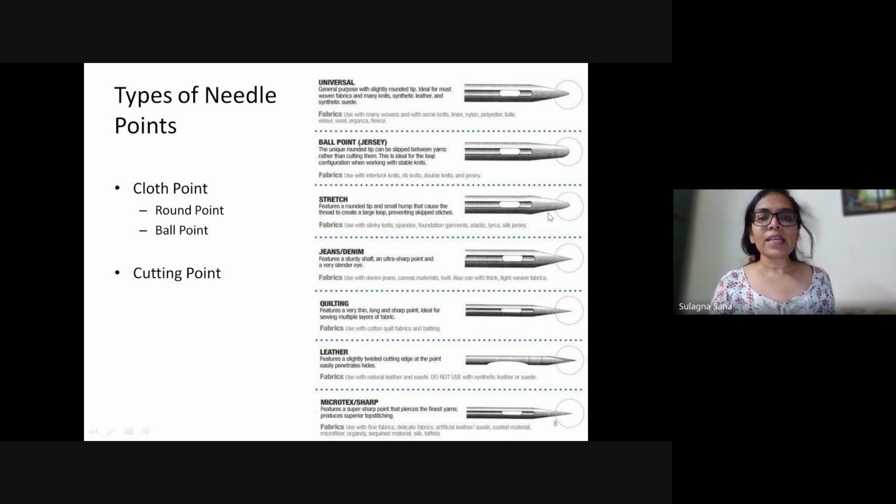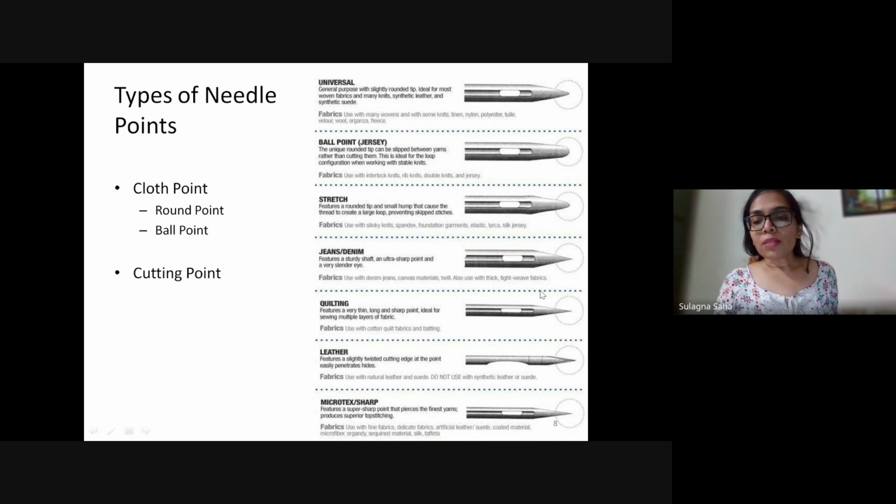Yes, ma'am. Now, what this helps with is very tight knits, or for example your innerwear, or fabrics that have a lot of elastic or Lycra. In this case, it forms very tight stitches. Next come these ones at the bottom. All these four are essentially cutting points. If you look at all of these, they have very sharp points, right?